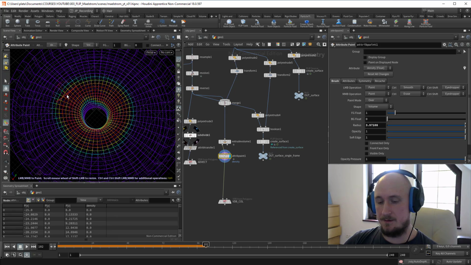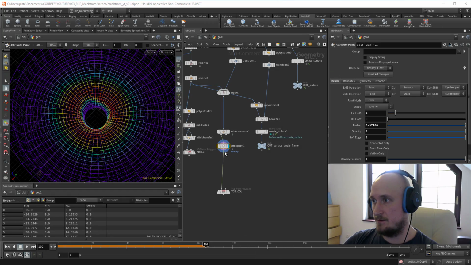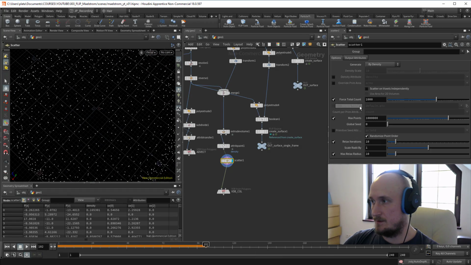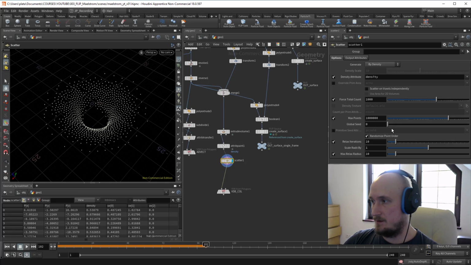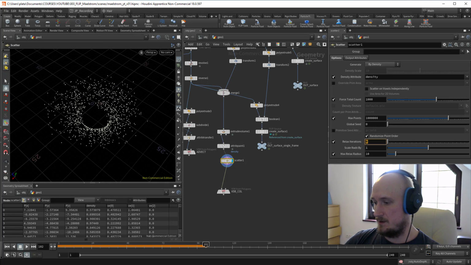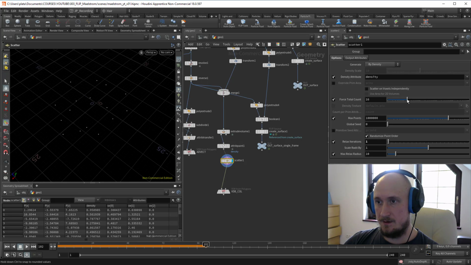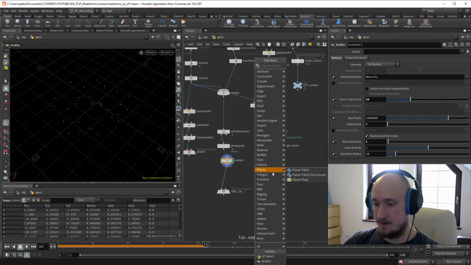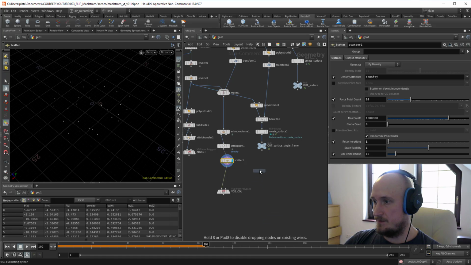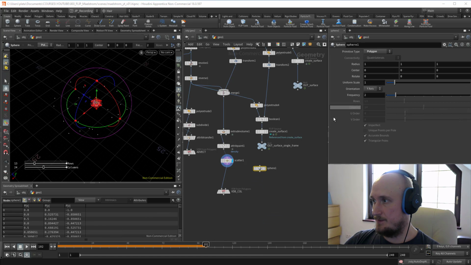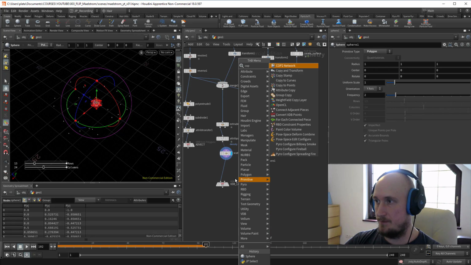And smooth it a little bit maybe. Now I can drop a scatter, use that density, lower the reduction, maybe 1, and less points, drop a sphere, make it polygon, copy,